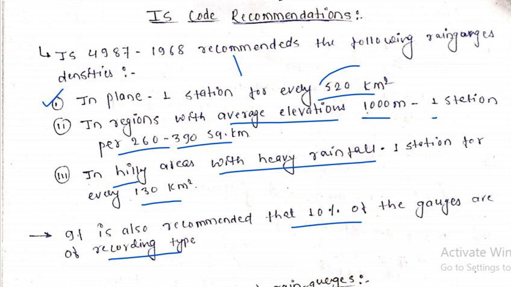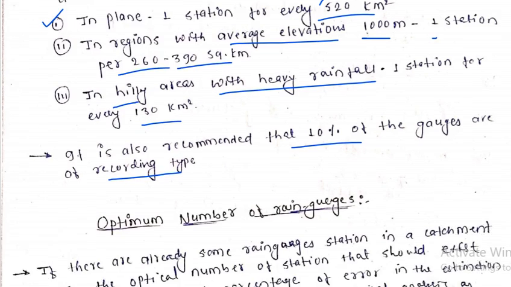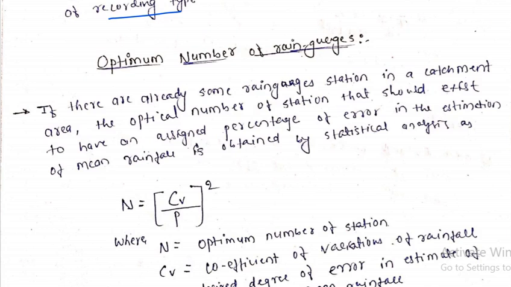Hope you understand the rain gauge network. So let's talk about the optimum number of rain gauges. You can understand the optimum number of rain gauges in a simple way as the additional number of rain gauges required in the catchment area, right? If the number of rain gauges seems to be a shortage in that catchment area,